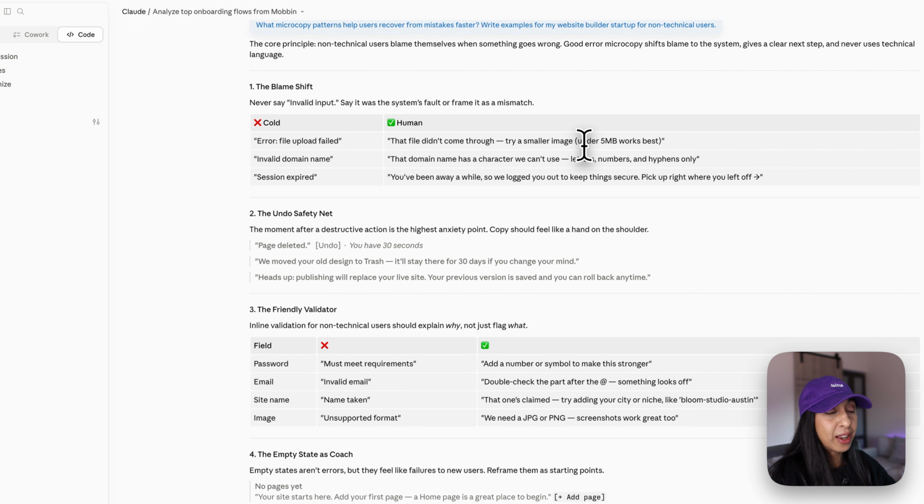The file's just a little too big for us. So you can play around with things like that. And those are the principles that you gather from doing